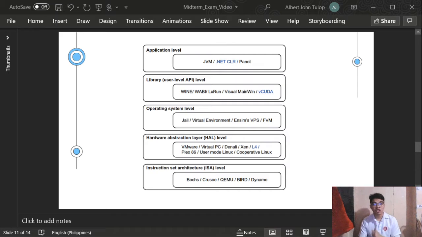And lastly, the instruction set level, virtualization through the use of ISA emulation. Binary code that needs another additional layer just to implement can now run on x86 machine and also in x64 machine through a little configuration. Basic emulation requires an interpreter that interprets the source code and will convert it to a hardware readable format.